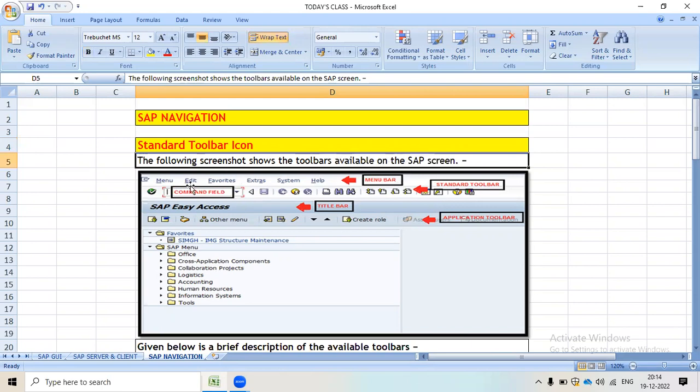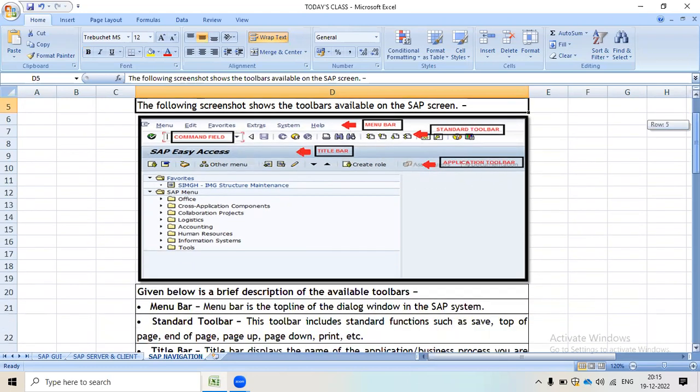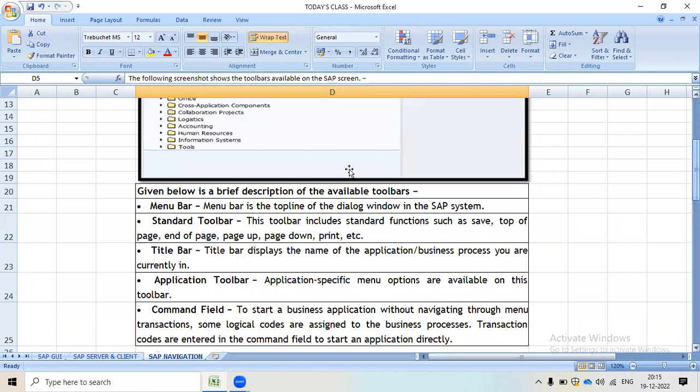The top line is the menu bar, this box is the command field, this is the standard toolbar, this is the title bar, and this is the application toolbar. Now here is a brief description of the available toolbars.